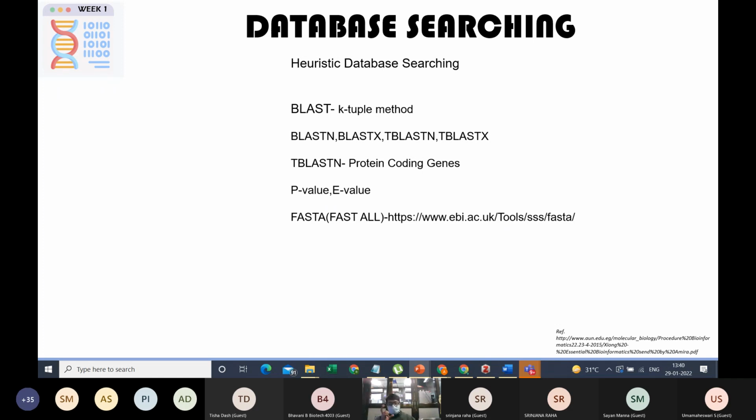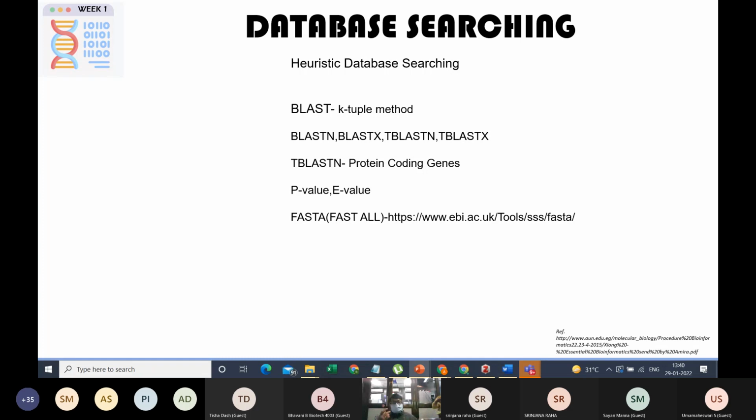But if we have one unknown DNA sequence, if you have cultivated some culture or identified some organism and sequenced it, and you all know that NCBI contains a huge amount of sequences. If you want to identify which sequence it is matching, or what the evolutionary tree is, we will just paste the sequence there and perform the database search. So BLAST is that type of tool, and BLAST uses the k-tuple method,